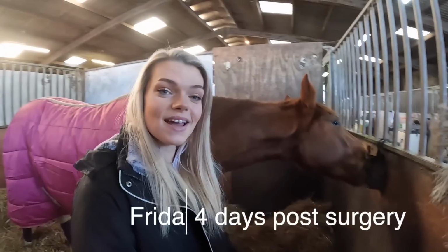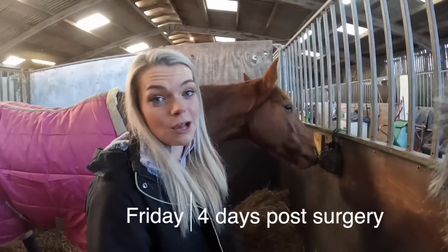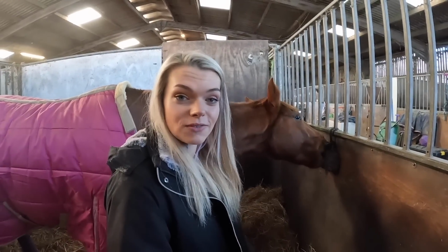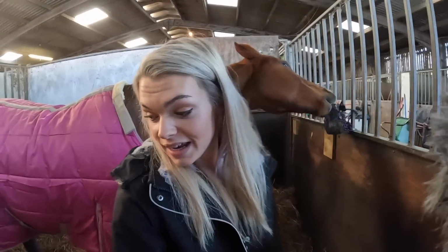So guys, it's now day 2 of box rest, and Sniffy is much happier today. We've had a very good mare today. She is the only horse in as well, and she's absolutely fine with that. So this morning she did eat her Butte and her antibiotics, so she's a lot happier. I mucked her out and then left her for a couple of hours because I need to actually get some work done. So I left her for about 3 hours,